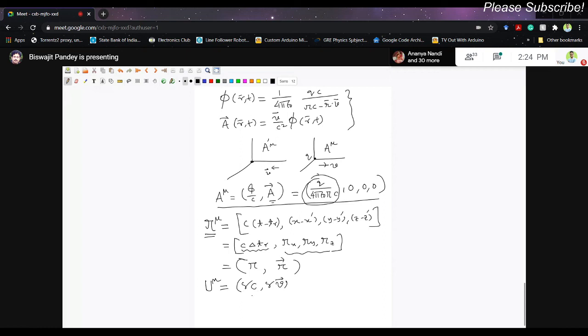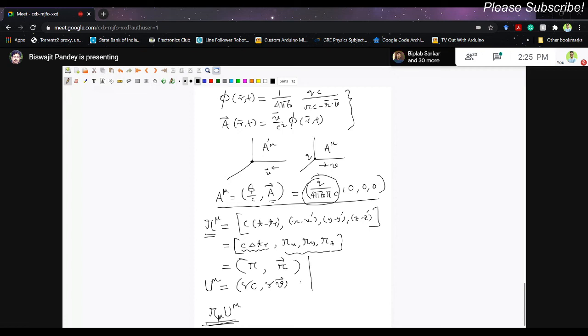Now if I ask you what is, say, r mu, let us calculate r mu u mu. What is that? r mu is contravariant, so you have to just take a negative of the spatial components, and u mu is the 4 velocity. If you calculate r mu u mu, what is that? If I calculate this quantity in the rest frame of the observer, this is a Lorentz invariant. You can see r mu u mu is a Lorentz invariant.